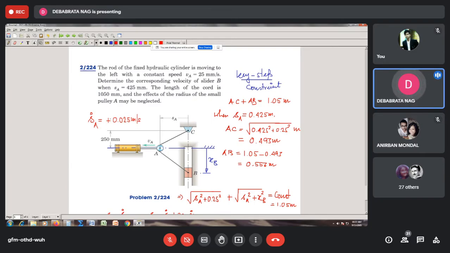Why is it plus? Because this velocity is towards left and this sense is also towards left, so your velocity and the position vector are in the same sense. So S dot A is equal to plus 0.025 meter per second. Had this been in the reverse direction,